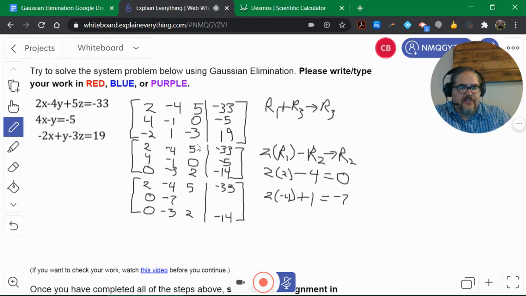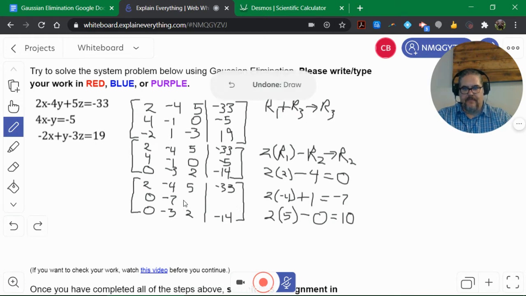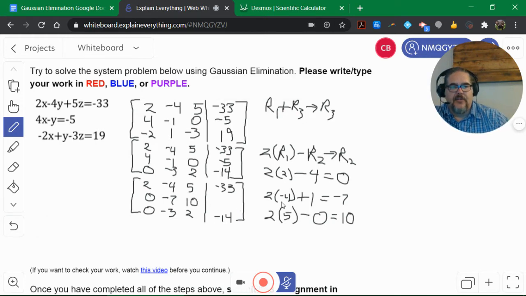And then finally, or not finally, but the z value: 2 times the 5, minus row 2, which is 0, so that's just 2 times 5, which is 10. It's 10. Oops, that's not where we put that, right here. There we go. And now we're going to do 2 times row 1, which is -33, so 2 times